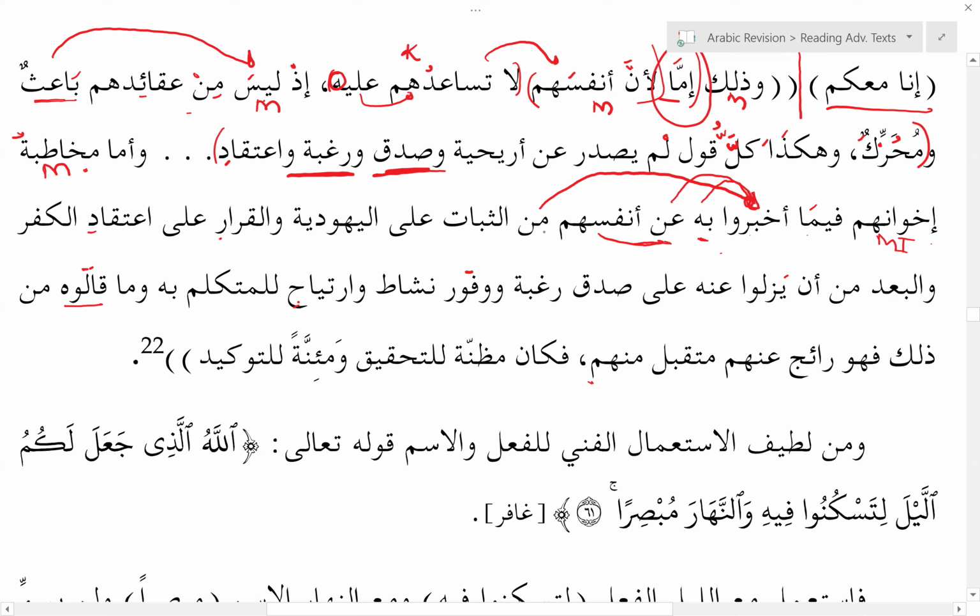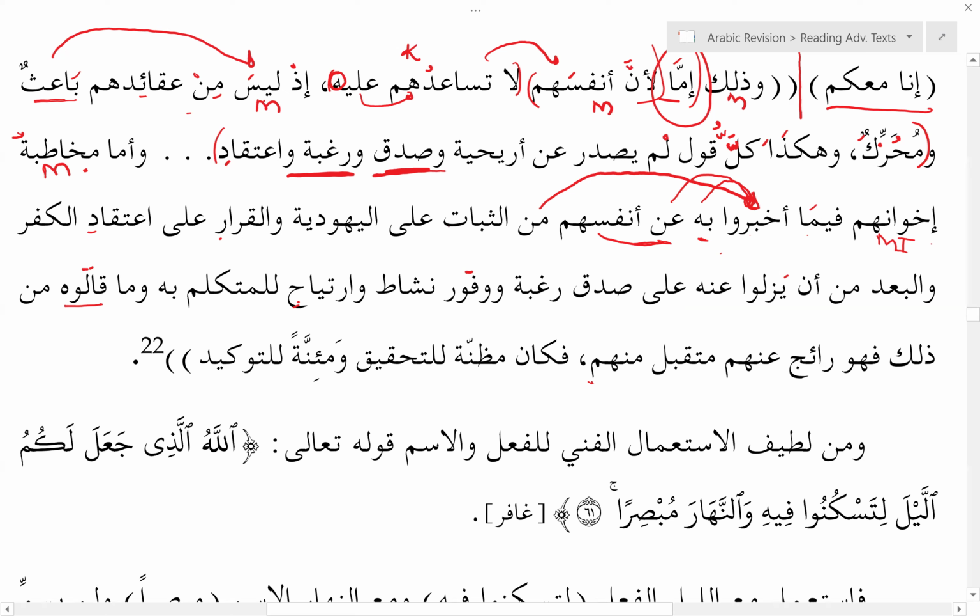So you see أخبروا has like a chain, several jar majrurs connected to it, and that's why we are still saying this is one continuous chain. It hasn't stopped, because the jar majrur is like they're just hanging. You hang something on something, and then you get another thing and you hang on it and you hang on it. So they're just متعلقين, like علق, they hang on this, hang on this, hang on this, right? So that's kind of like what is happening here.